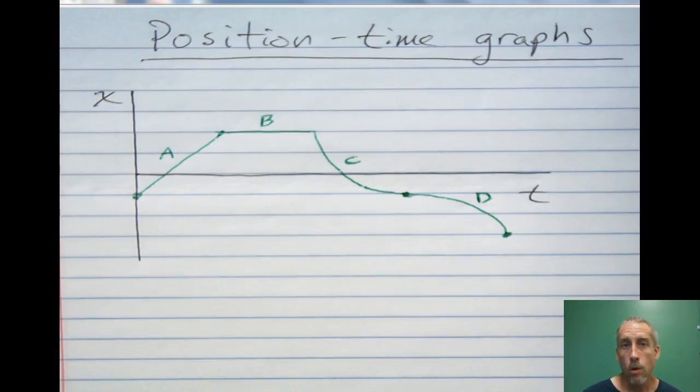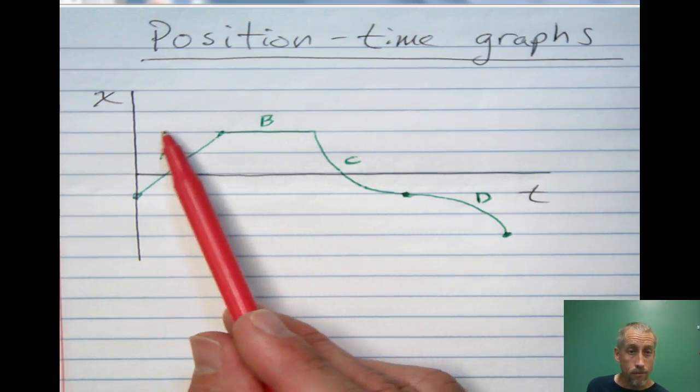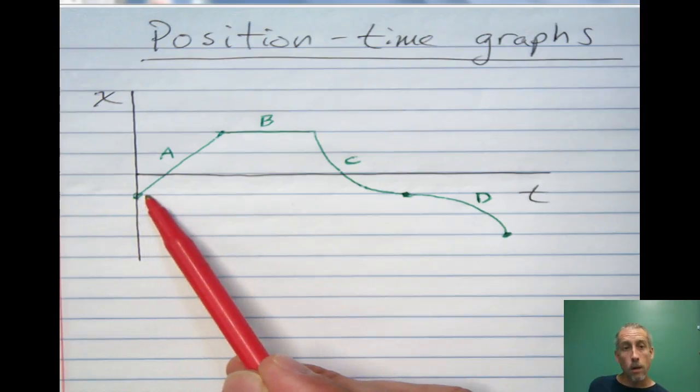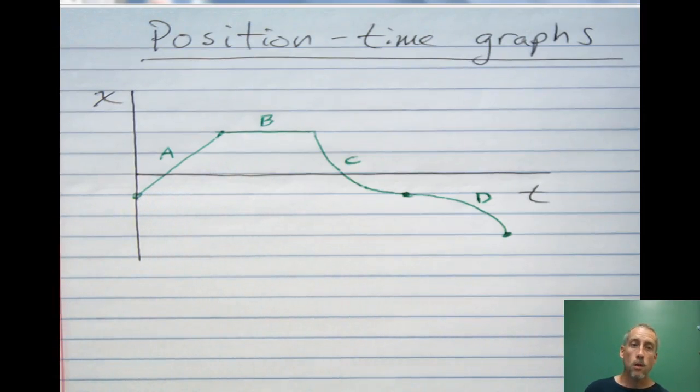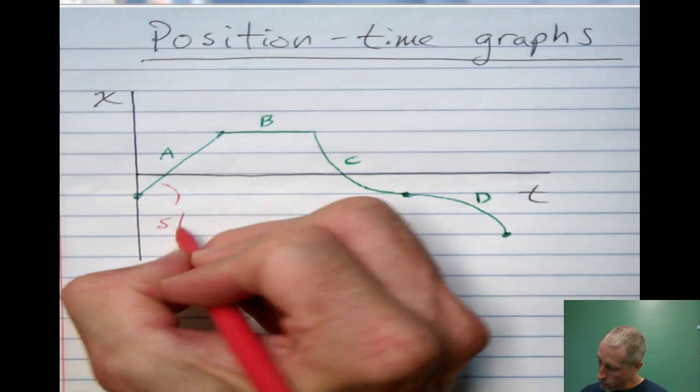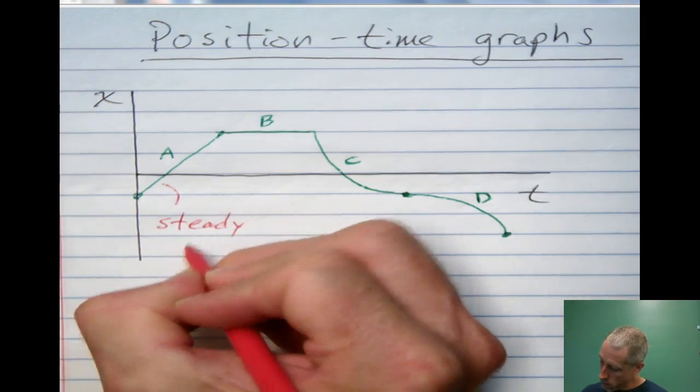So what are we seeing when we look at a position time graph? I've got one drawn here that shows four very typical kinds of motion that we would analyze, and I just wanted to show you how to interpret this. So I've got them lettered. Segment A here is what in math we would call a steady upward slope. So when you hear the word slope on a position time graph, you can replace it with the word velocity. So a steady positive slope means steady positive velocity. You know, cruise control, moving forward, is how you could think of that. So I'll write steady and positive